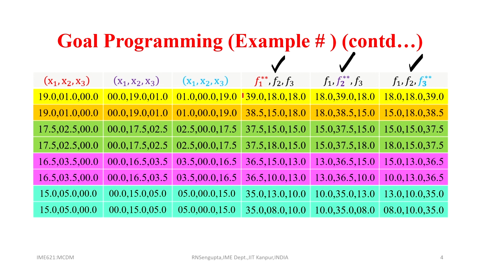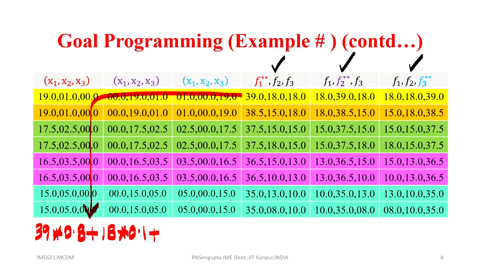So the first part will be 39 into 0.8, because we are putting 80% on the first function, plus 18 into 0.1, because we are putting 10% on function 2, and 18 into 0.1 because that is the weight for the third function. Now, following the same scheme of 80%, 10%, 10%,